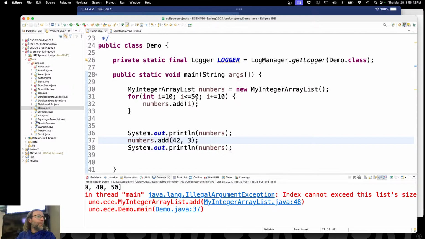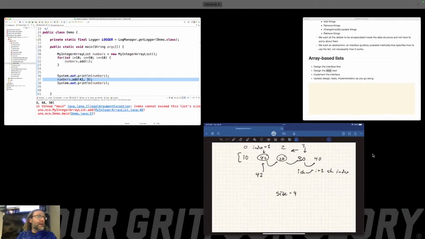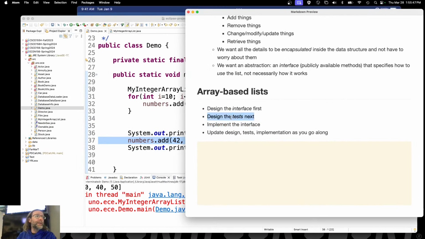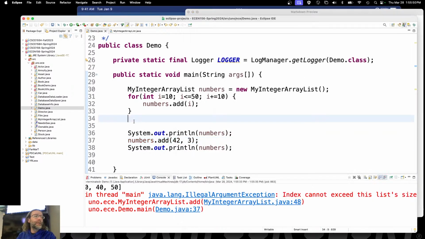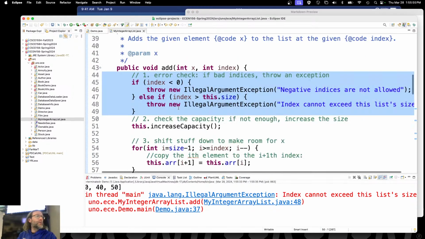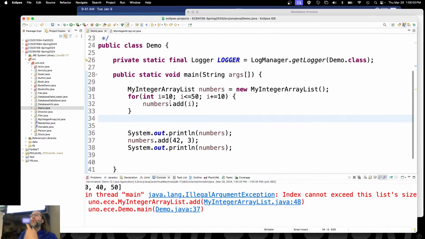Okay? Now, again, I want to highlight that we are doing some tests, but these are ad hoc tests, right? These are not formal tests. These are not repeatable. If I go and change something, refactor something, I would have to go through that entire process again to make sure I didn't break anything. And only if I've got it in a unit test, like a JUnit test, like you have in all of your labs and in the first assignment, is it repeatable, right? The tests may be wrong, they may be right, we don't know, but